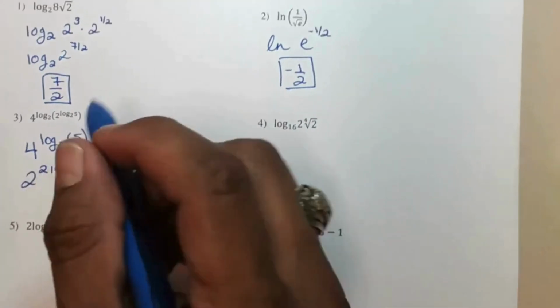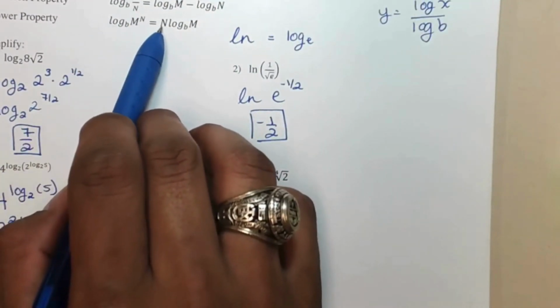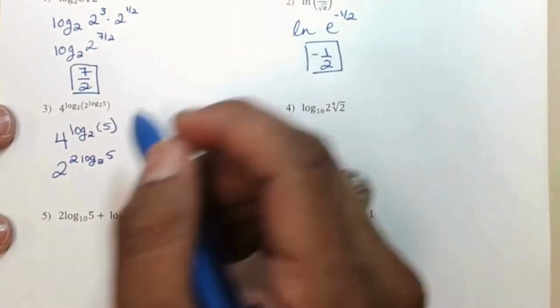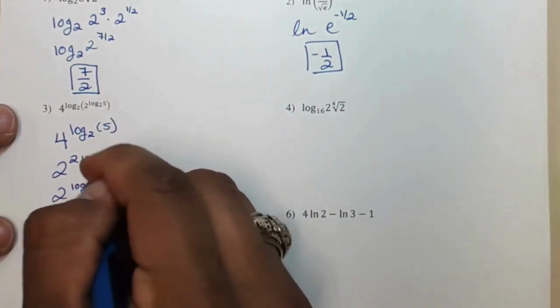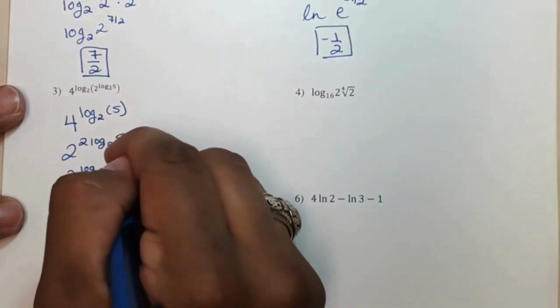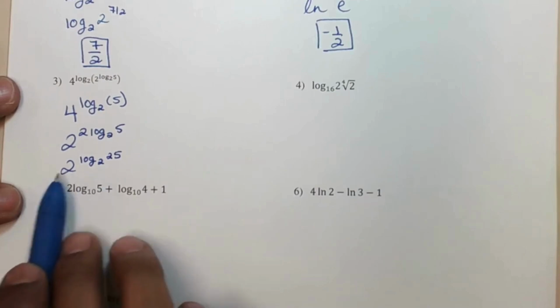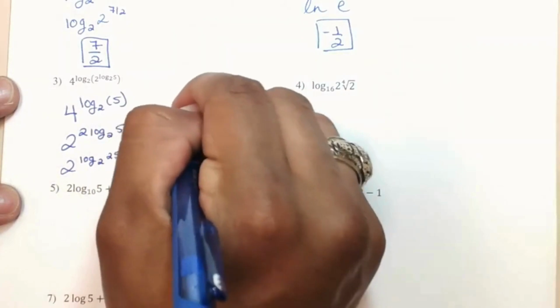Well, if I can take an exponent and bring it out to become a coefficient, I can actually go the other way too. If it's a coefficient, I can bring it inside and make it an exponent. So then that 2 goes inside as an exponent, so we get 5 squared, which is 25. Hey, my exponent and log have the exact same base, so the number on the inside is my answer,